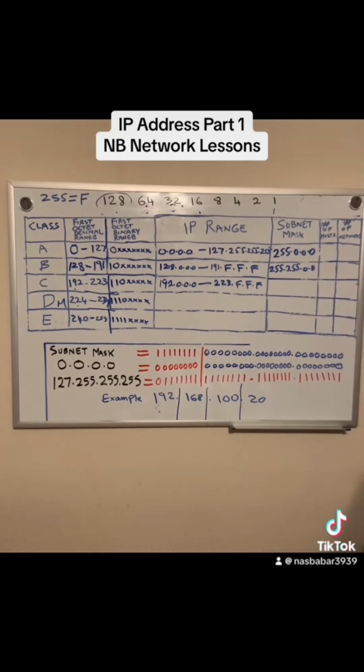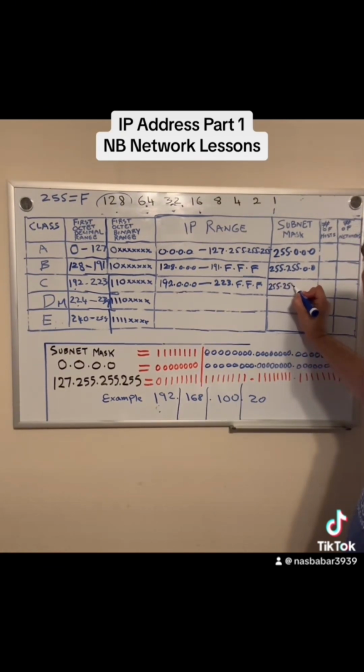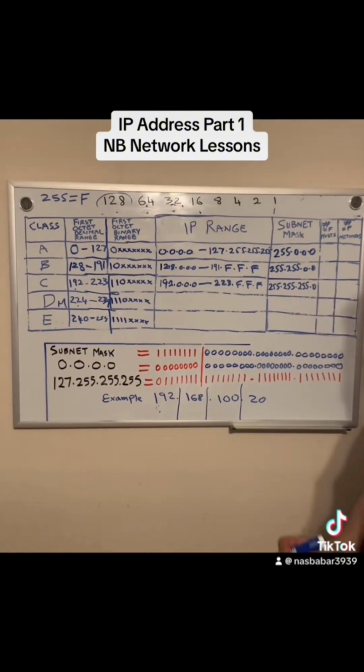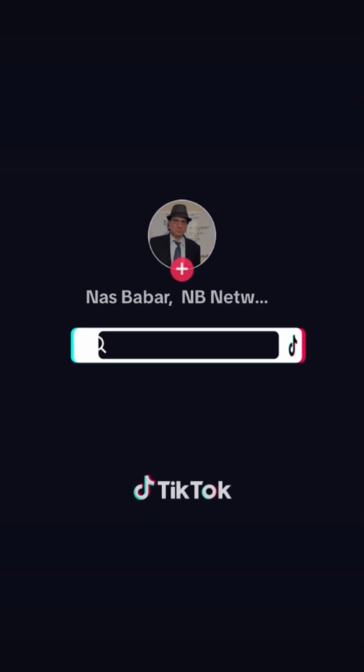All right. And then class C, we have 255.255.255.0. Okay. So now the fun part comes. We need to calculate